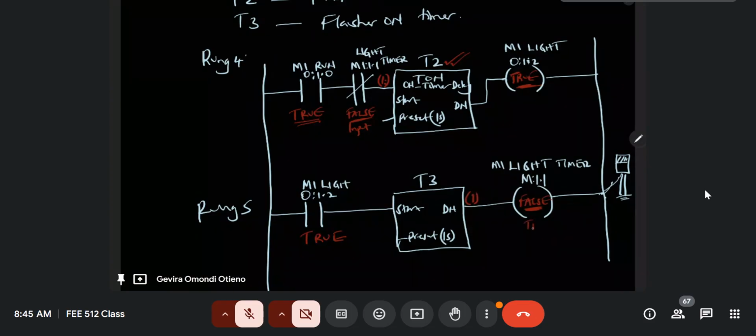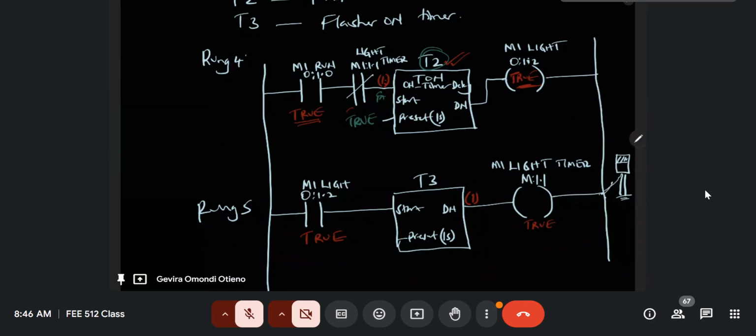As soon as this is a logic true, this guy is updated as a logic true. This one is updated as a logic true, meaning the input is true, so the output would be false, and so this guy will have to be deactivated. So now notice that this is true, so we have moved from false where it was previously, and now it is true, and so the light,